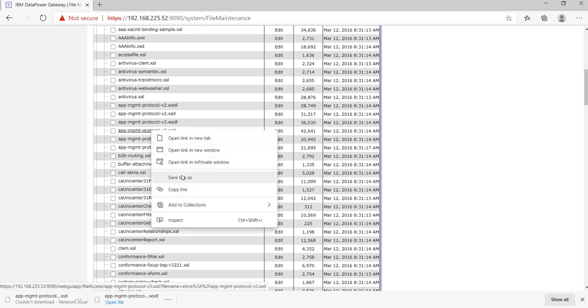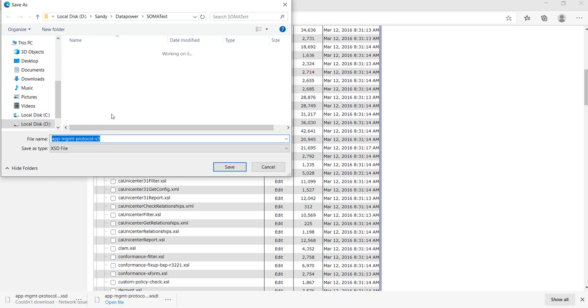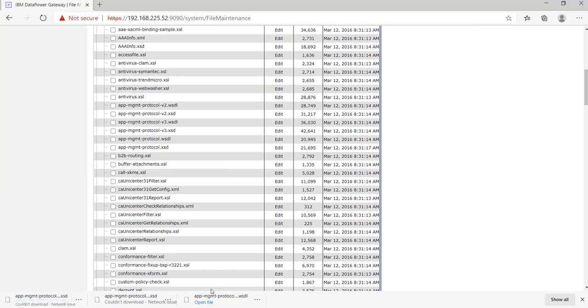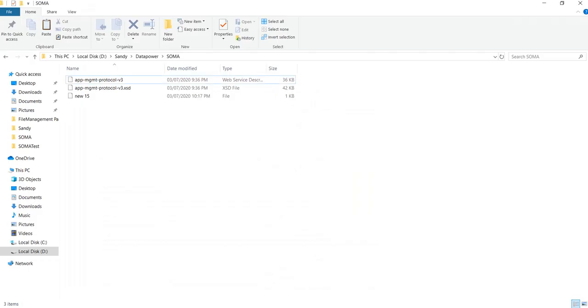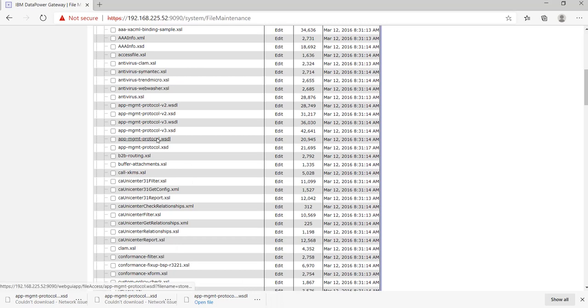We'll click save as SOMA test. Okay, so now we'll see if it's downloaded there or not. No, there is some problem, it's not allowing to download this. Let me try one more time.